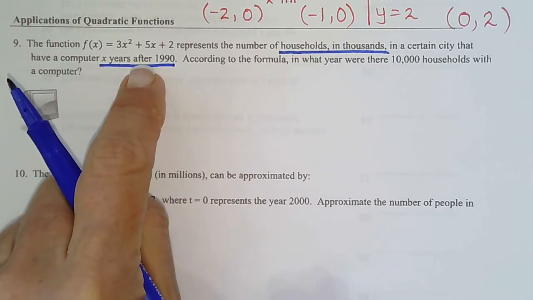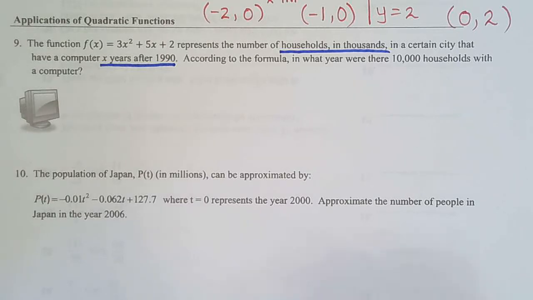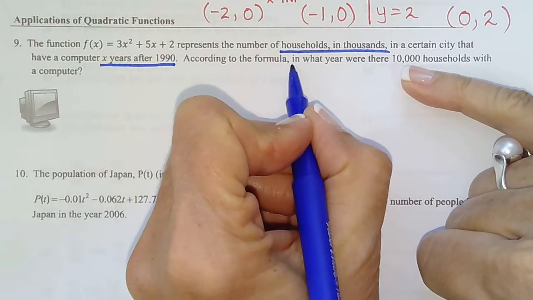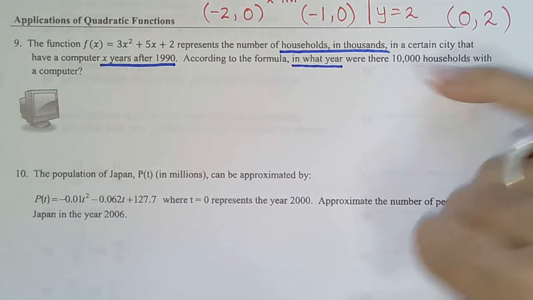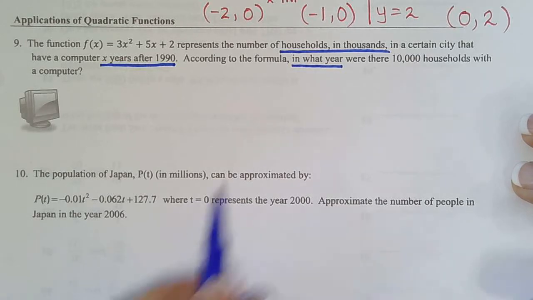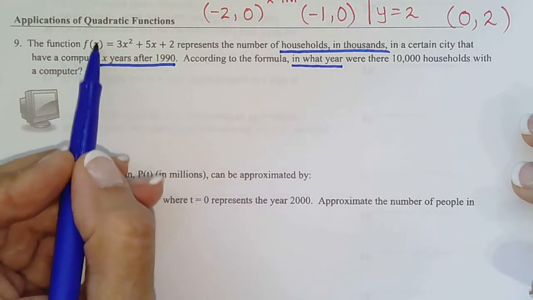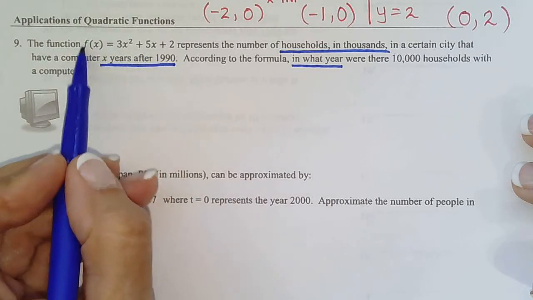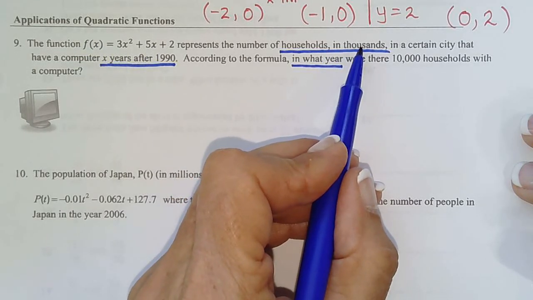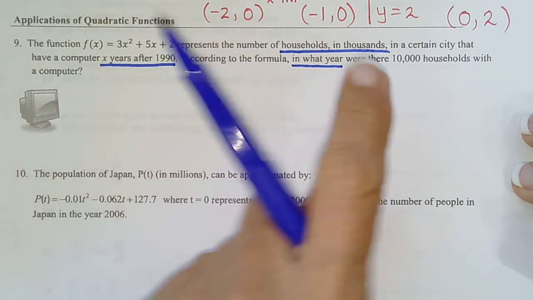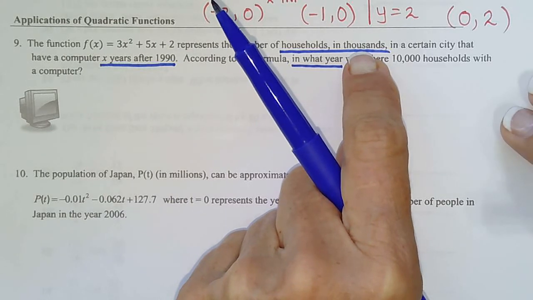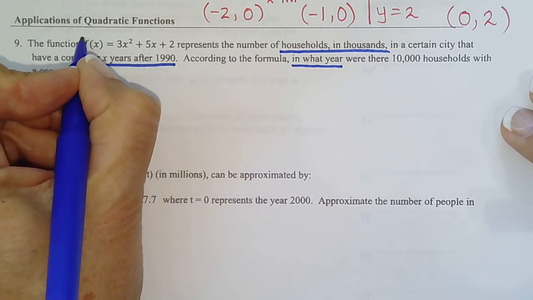So it says x years after 1990. Well, 2000 is 10 years after 1990. So x would be 10. So in what year, so that's what they're asking, so they want to know 1995, 2000, 2007, were there 10,000 households with computers? Well, this is what represents households. x is years, this is households. But since households are in thousands, I'm not going to put 10,000 there. I'm only going to put 10 because it says it's in thousands. So I'm going to put the number 10